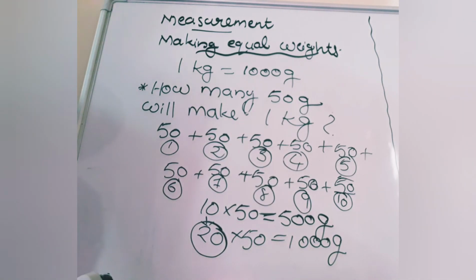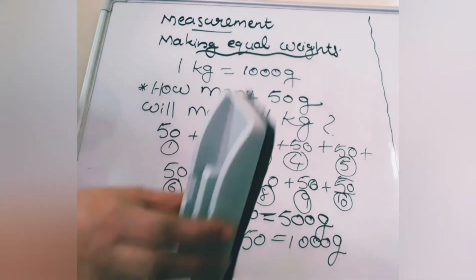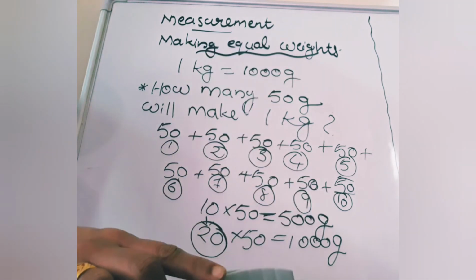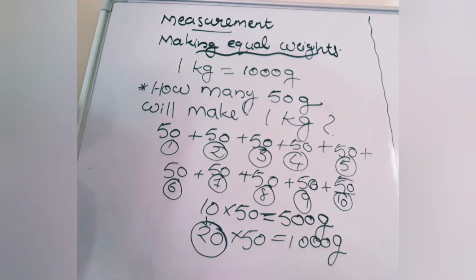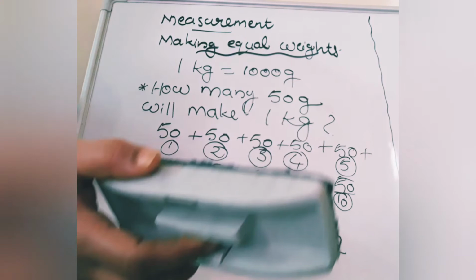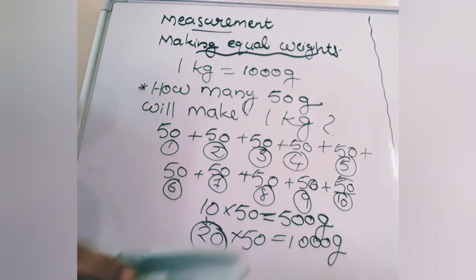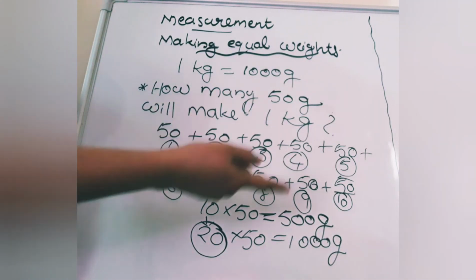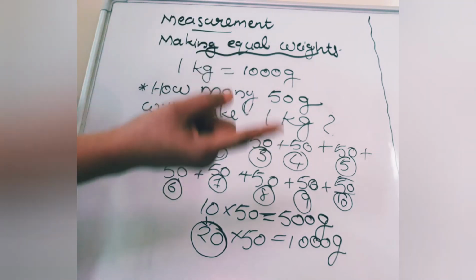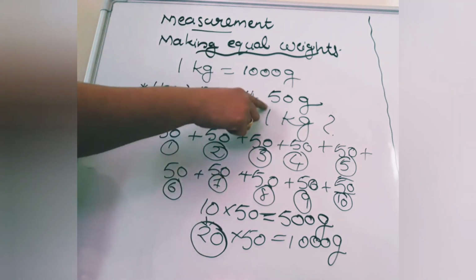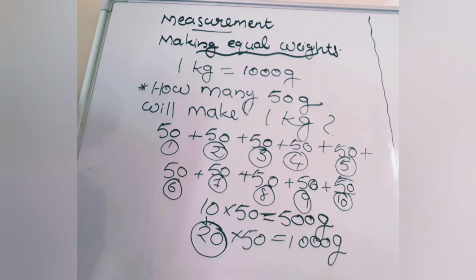Similarly, before, how did we do 500 gram? How many? 2 times 500. Suppose this is 500 gram. To make it equal weight as 1 kg, what will we do? One more 500 gram we have to keep. So 2 times 500 gram make 1 kg. But 50 comes, it means 20. Like that you can remember. 2 times 500 gram is 1 kg. So 50 means 20. 20 into 50 is 1 kg.